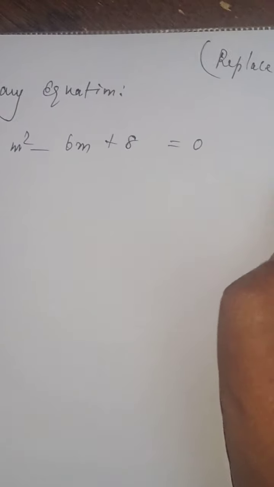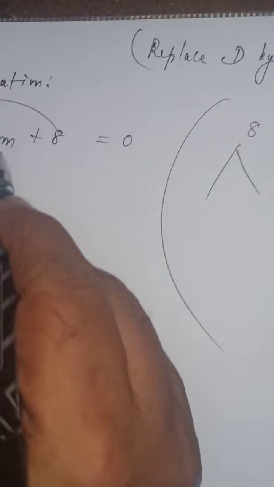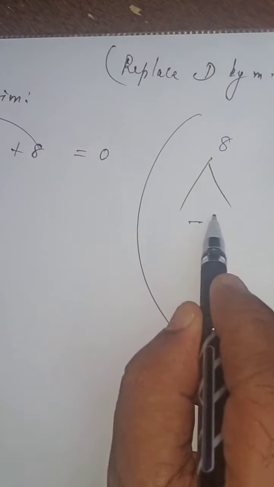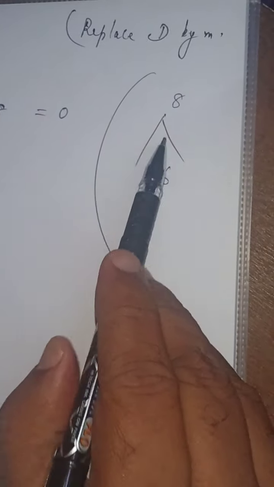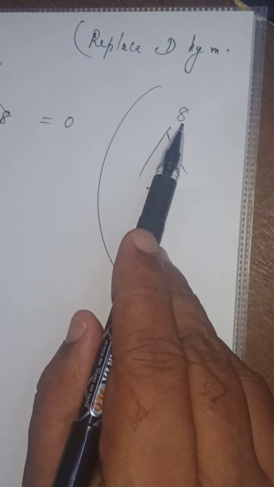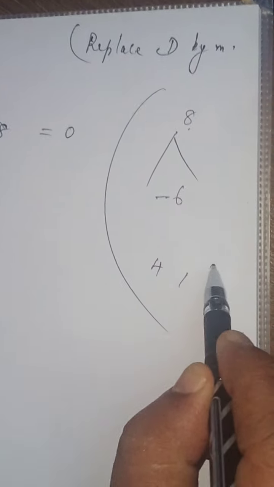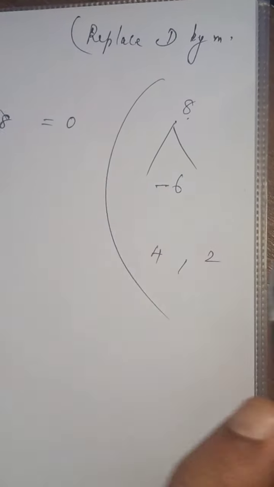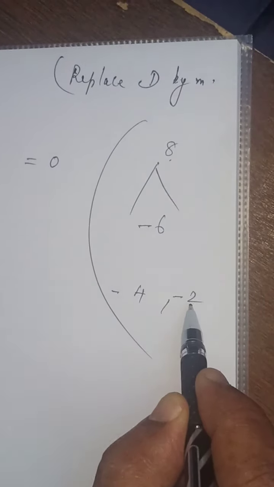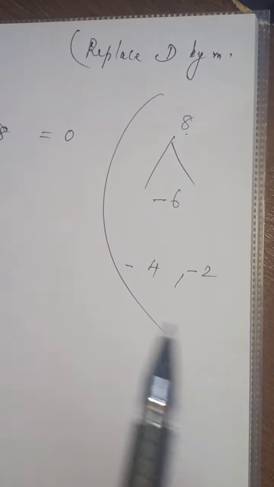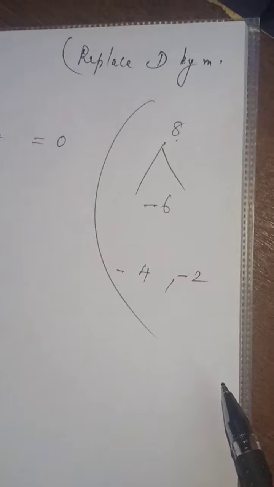How to find? 1 into 8 is equal to 8, and the coefficient of m is equal to minus 6. Product 8, sum minus 6. The two numbers are, for getting 8, 1 eights are 8, 4 twos are 8. So you have to consider 4 and 2 only, then only you can get 6. For getting minus 6, I have to introduce minus for both the numbers. Minus 4 minus 2 is equal to minus 6. Multiply the two numbers, minus into minus, plus, 4 twos are 8. Now,